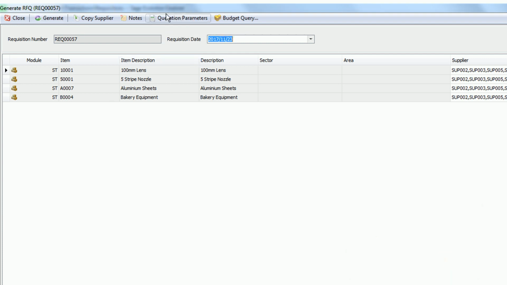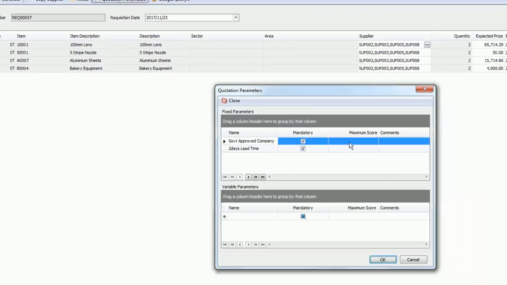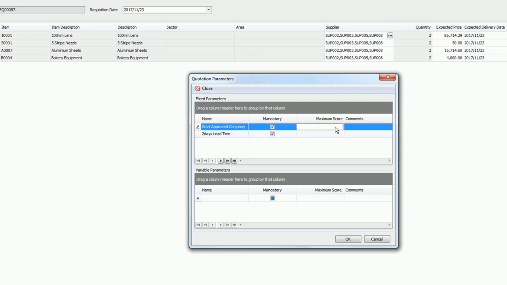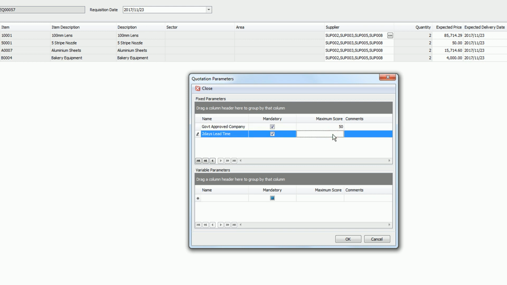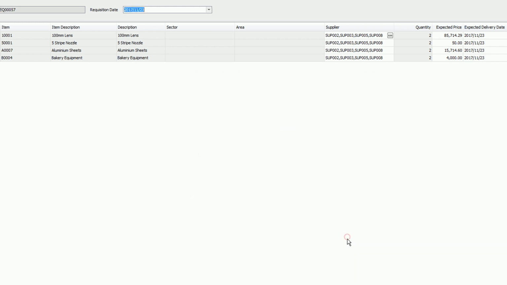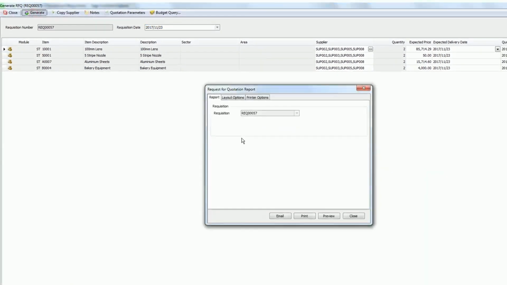So now I can do the quotation parameters because I've set it up to do so. So if I come to put quotation parameters, I can say that the maximum score for a government, it must be a government approved company, so I'm saying 50. The maximum score here, I can say 50 as well, so that to make up 100, and I say okay. At this stage I can now do a preview,